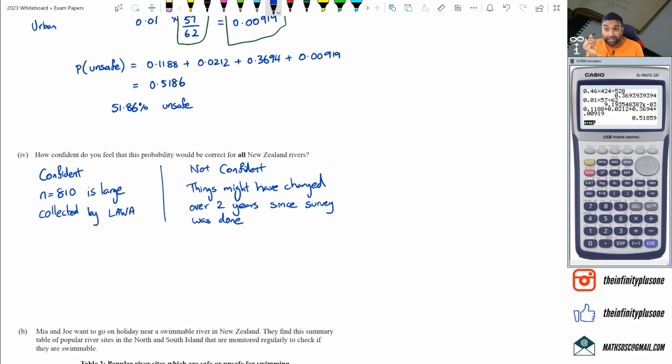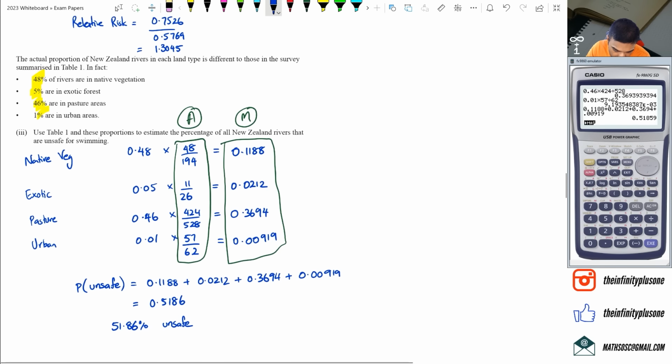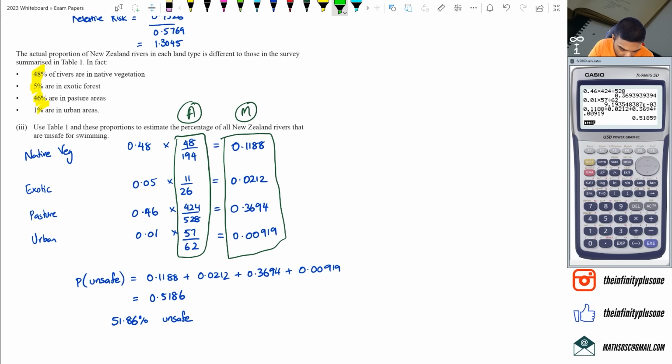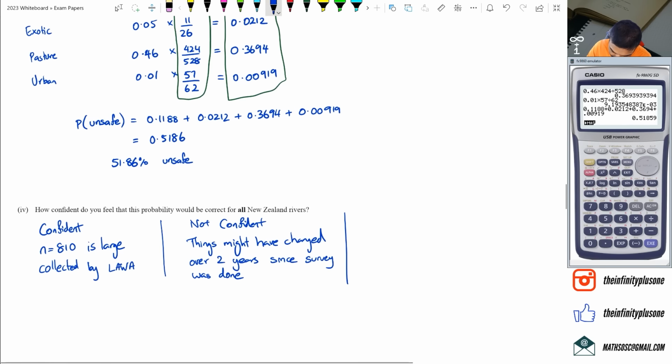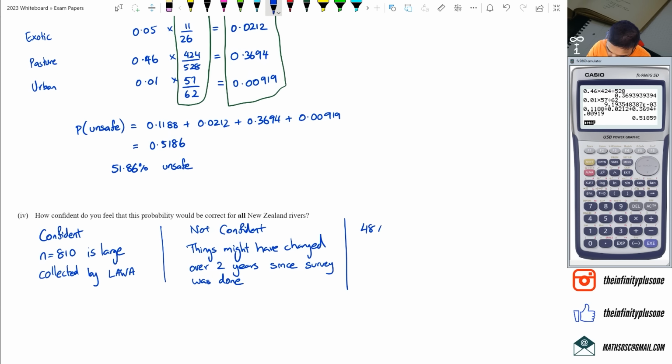So yeah, I don't think you can actually say that, using that, we would be saying that these results are actually accurate. The other thing that you could also mention is the representation of the sample of rivers. If we look at it here, it says that 48% of the rivers are native. So you've got 48% of native